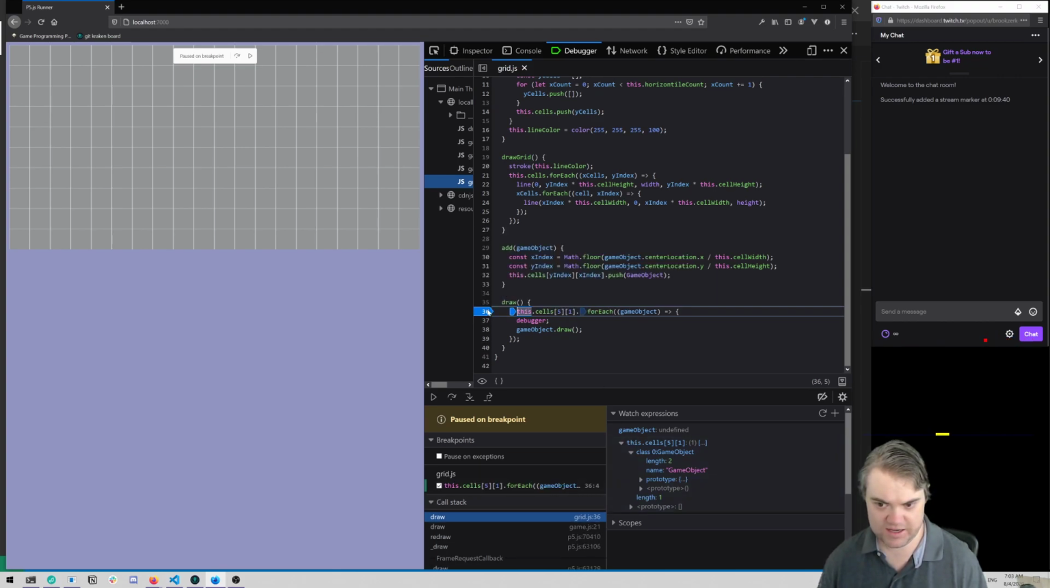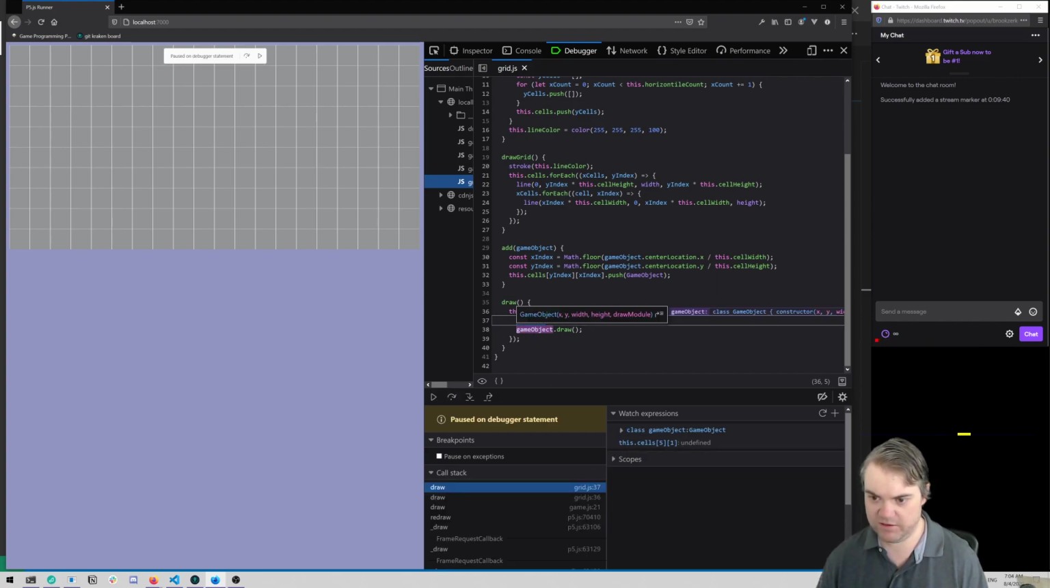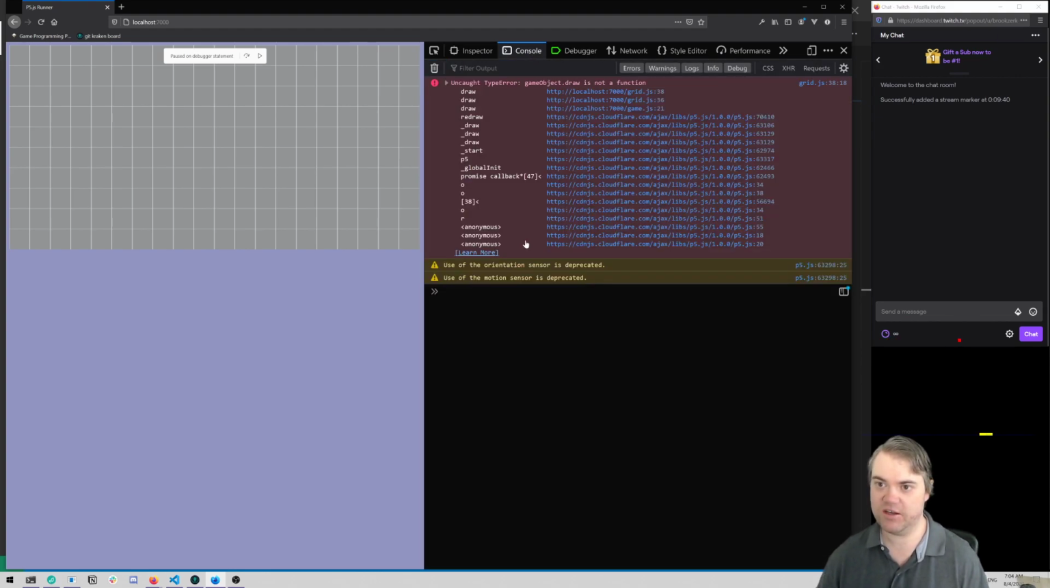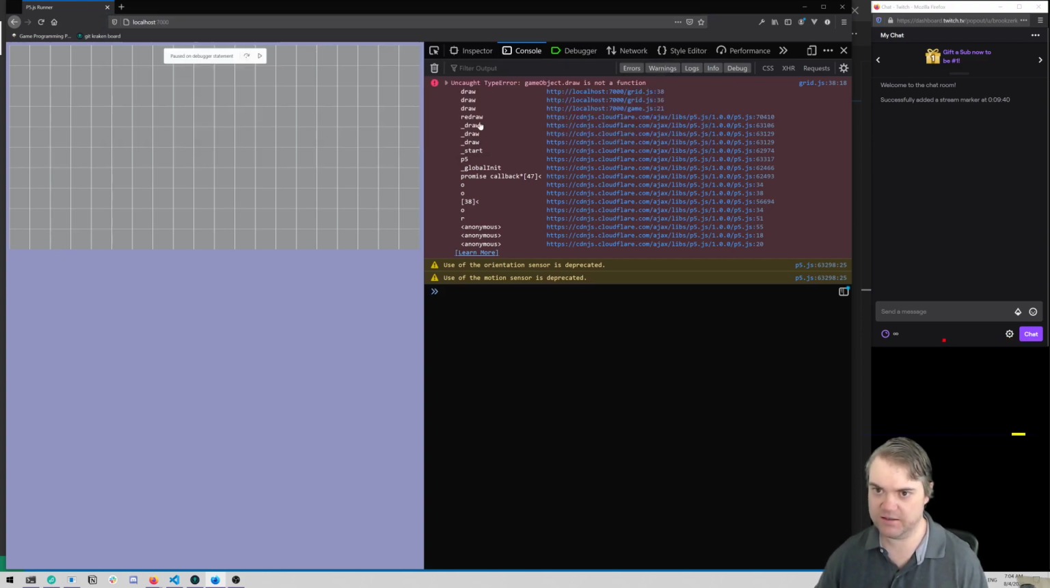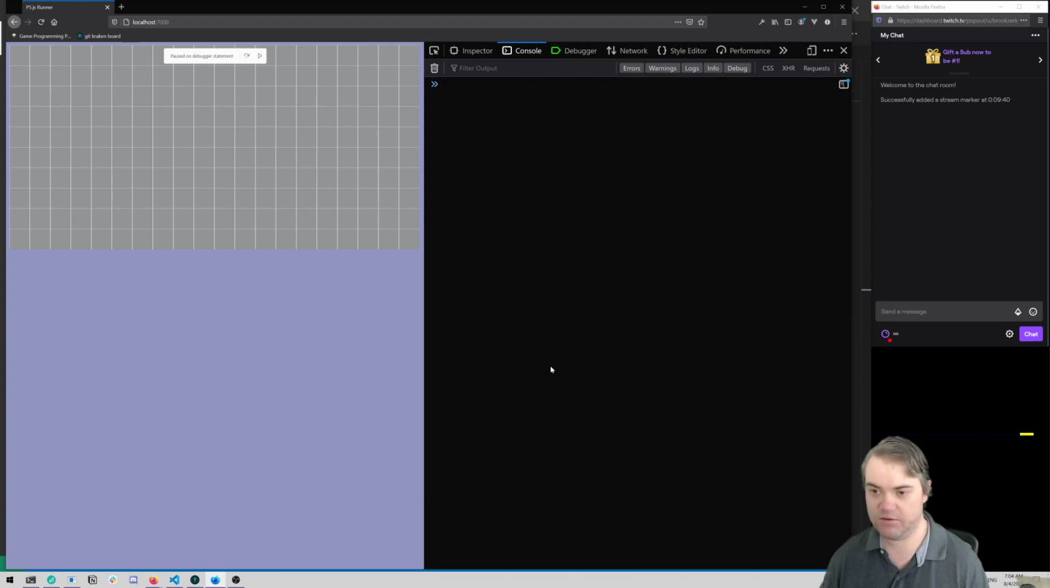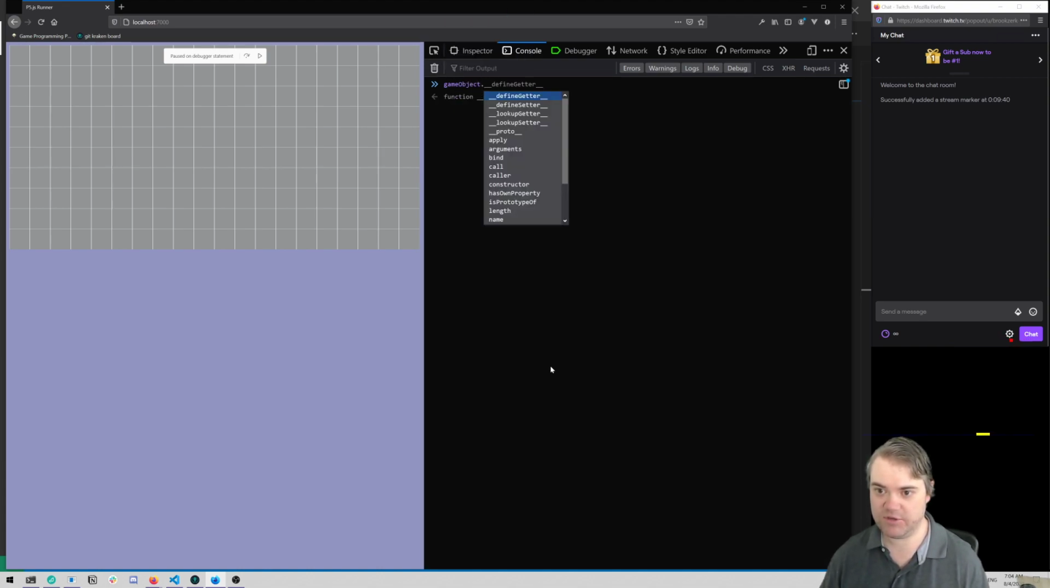That's interesting. Okay, I turned off that. Let's press play. We're now paused here, but we have gameObject. Another thing I can do is go to the console here and clear it. We're frozen in time, so I can actually look at this. So gameObject dot